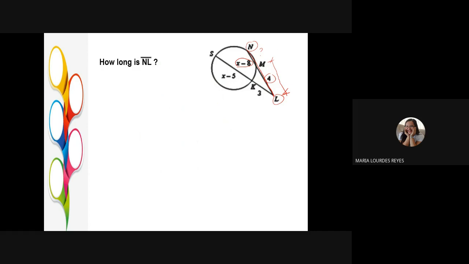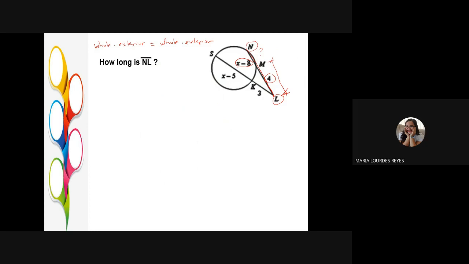So, we need to find the value of x so that we can subtract 8 from it and then add it to 4. So, we would know how long our NL really is. Okay? So, basically, if we follow what I said earlier, whole times exterior is equal to whole times exterior,